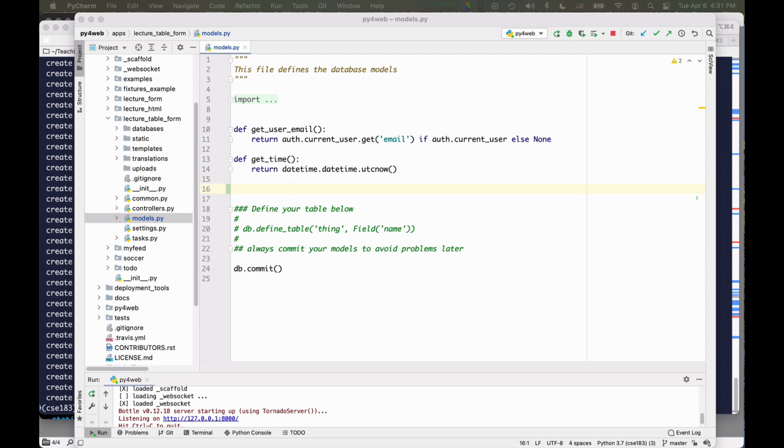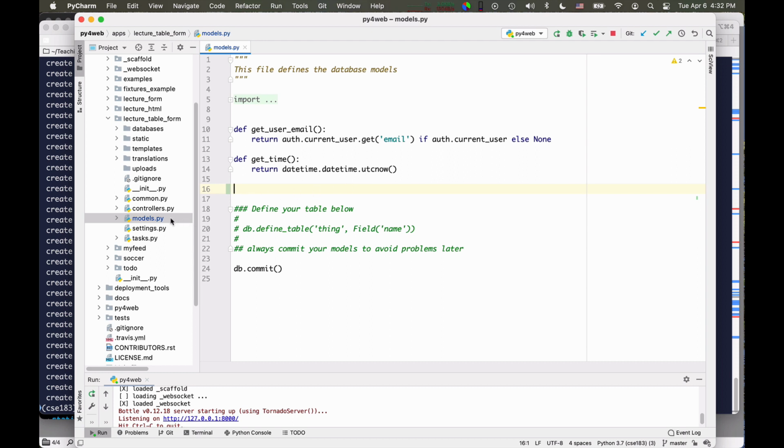Now that we know how to connect to a database, I want to build a small application in which we have a product table and we can add products to the table, view the content of the table, delete products and also edit them. So the first thing I need to do is create a database table to hold the products, and I want to show you how it is done.